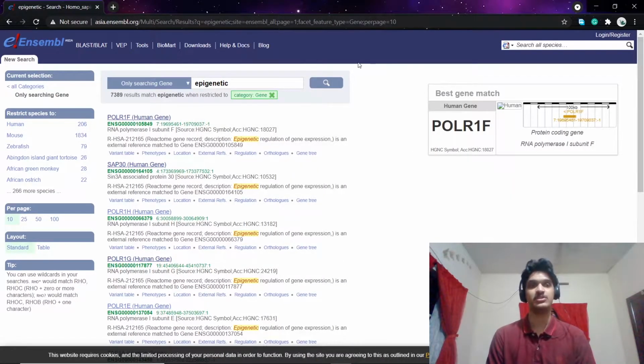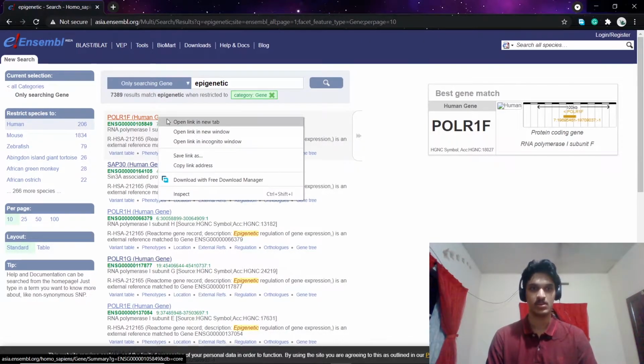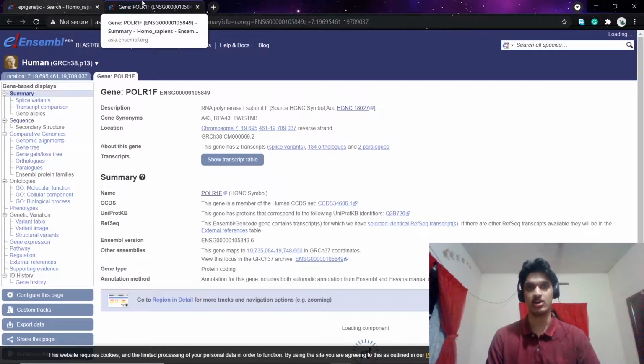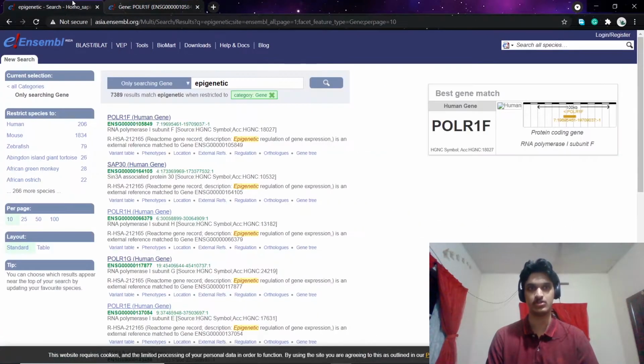So yeah, I'm using Ensembl as my primary data source, and this data collection part can be divided into mainly two procedures. So the first procedure is to obtain a list of all the available gene sequences and a link to a web page associated with them. So here we have this link for the first gene sequence. So yeah, we need to write a program to extract all these sequences, and we have about 7,389 results for